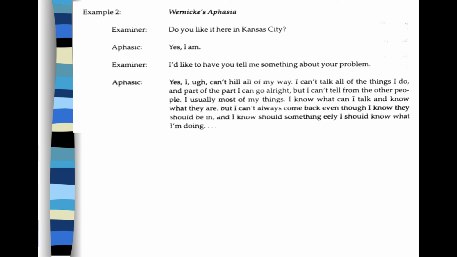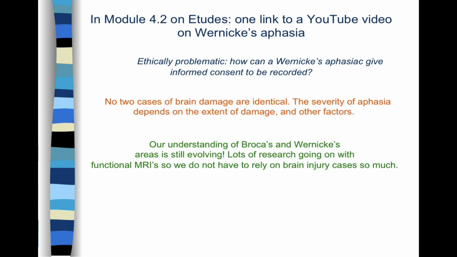Right? But you guys see that there are two made up words. That would be the jargon. In the first line, he says, I can't hill all of my way. We have no idea what hill means to him right now. And in the second to last line, he says, something eerily. We have no idea what eerily means to this patient right now. In their mind, it means something, and they think everybody should understand it. So it's very frustrating. Okay, on Etudes, I have a link to a YouTube video on somebody who has Wernicke's